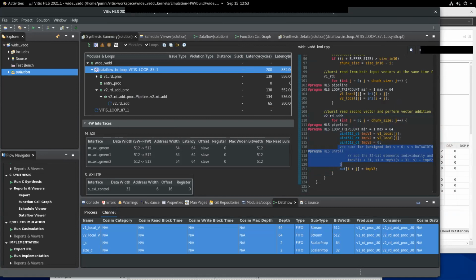So this loop gets unrolled completely, and the amount of unroll is equal to the data width.